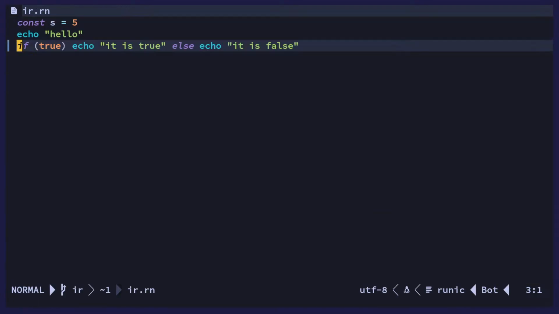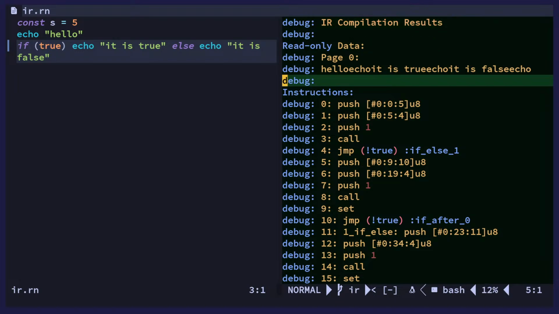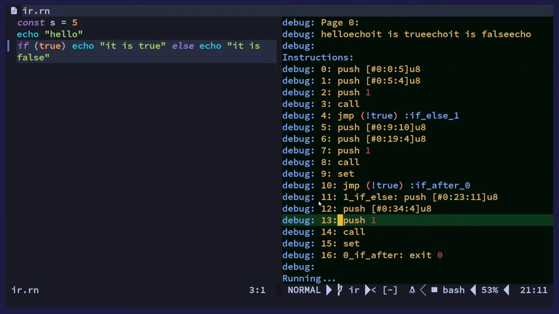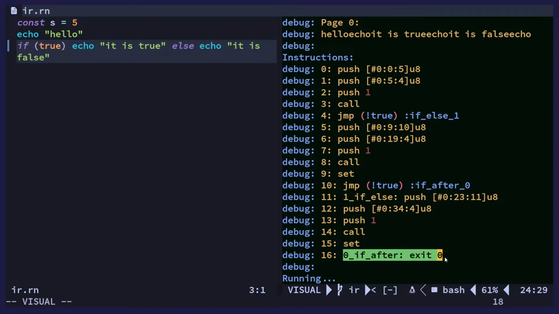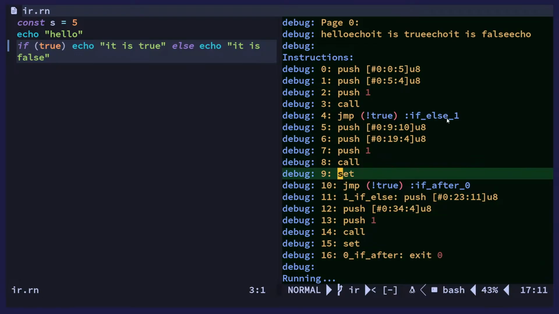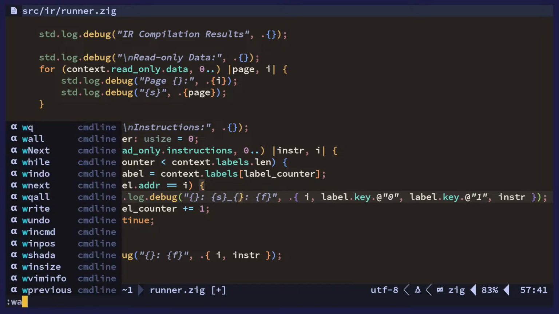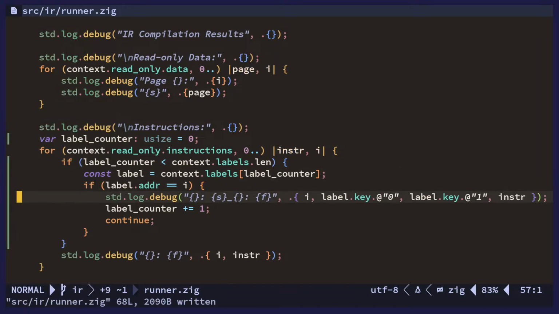Okay, now let's see if that works. So here's if else label. Okay, so here we can see we got the one if else label. The thing is reversed here, but yeah, it does show that here's the else label, here's the after label. Okay, cool. Let's, I guess we reverse this. We should also have, we could have it as a,